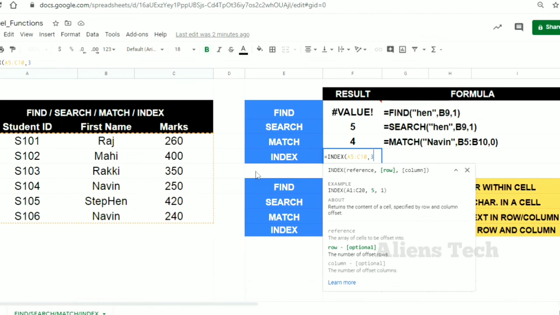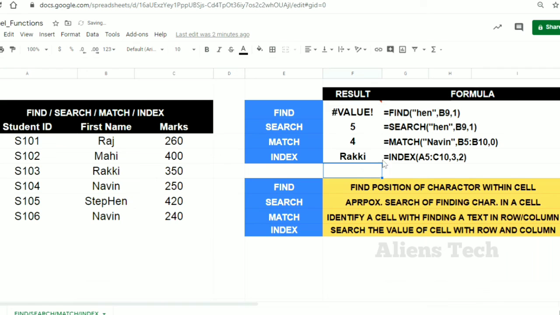Then what column are you looking for? In the third row I need the value in the second column. What is the return result? Here if you check that, the return result is Rocky, because I know a specific column and a specific row, so I just want the return result. At that time you can go for index.